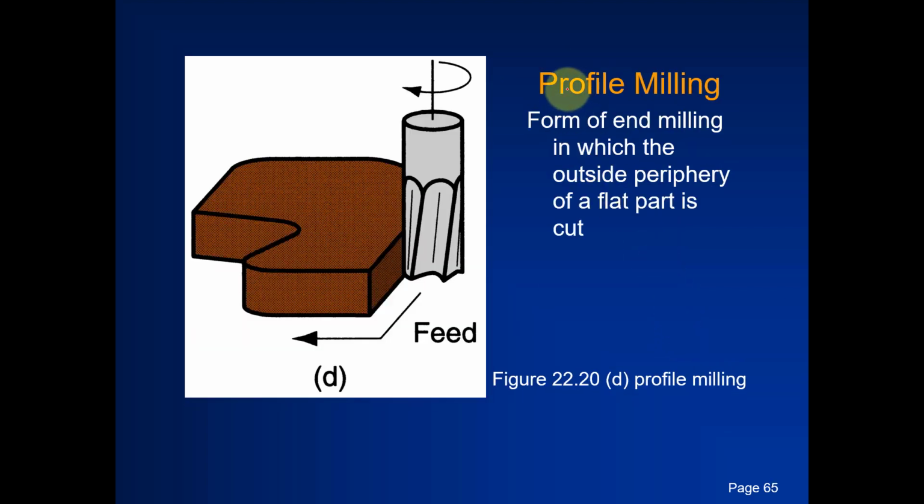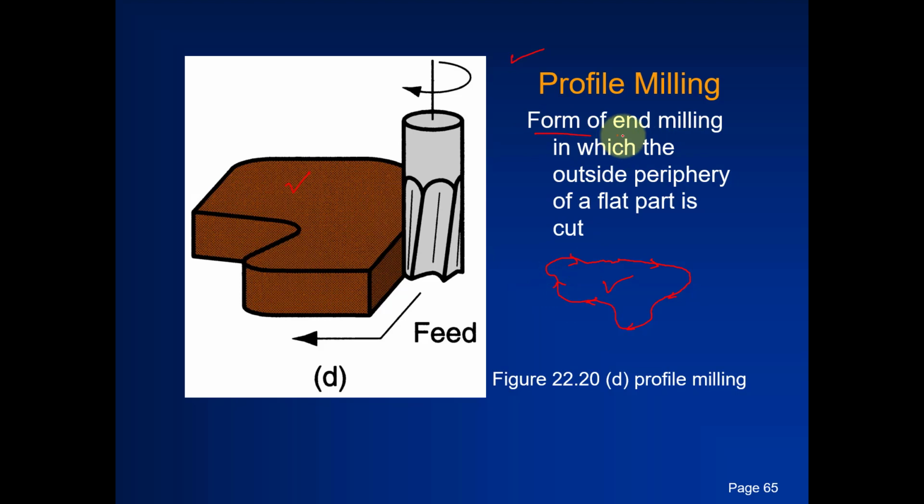The fourth type is known as profile milling. Now in profile milling what happens is that the shape of the workpiece is actually determined by the feed path or trajectory of the cutting tool. So if, let's say, the cutting tool moves in this direction, so definitely the last part will be of the same shape. So if the tool follows this path, definitely the shape of the workpiece will be like that.